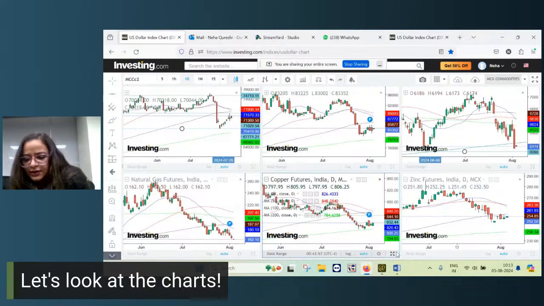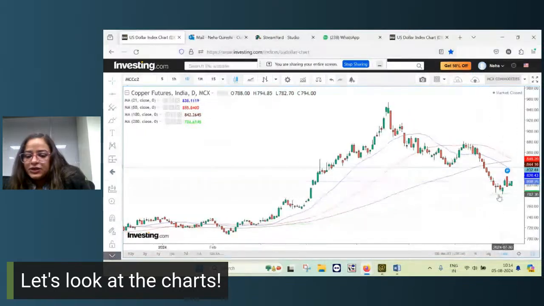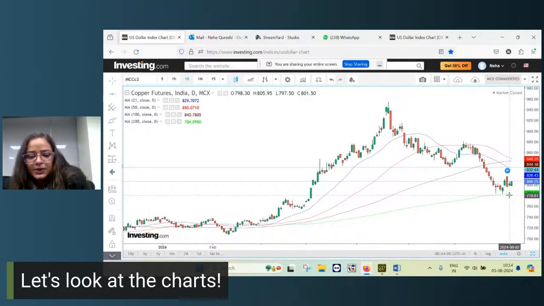कॉपर में हम देख सकते हैं। ये कॉपर में यहाँ से आप देख सकते हो ये ग्रीन कलर की जो लाइन है ये 200 दिन की मूविंग एवरेज होती है, मतलब एक साल का मूविंग एवरेज। तो एक साल का मूविंग एवरेज कॉपर का है 784 का। वहां से इसने ब्यूटीफुली रिएक्ट किया और ऊपर आया है और अभी साइडवेज हो गया है।